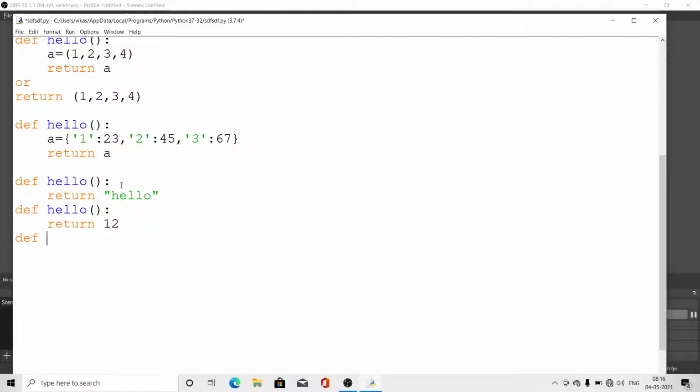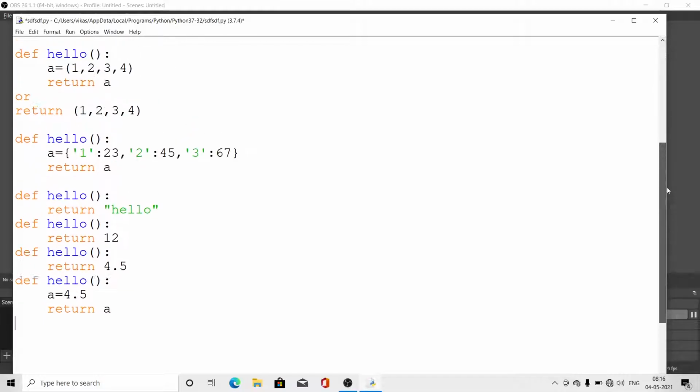If we want to return float value, we can return like that, return 4.5. Or with the help of variable, you can also return. Definition hello, a is equal to 4.5, and then return a. Both ways you can do. So now look here. This is a way of returning single value.